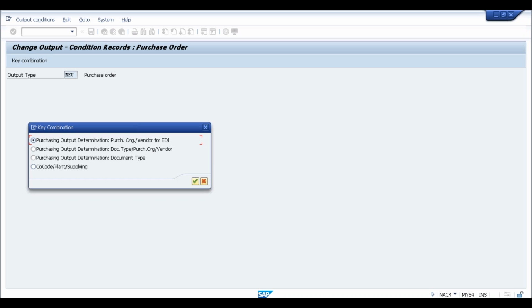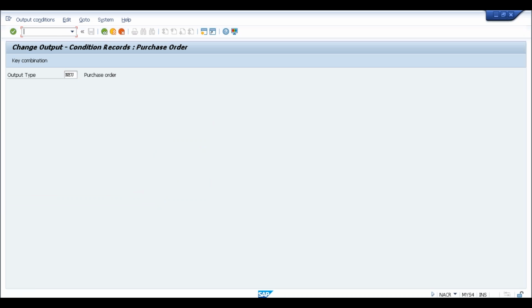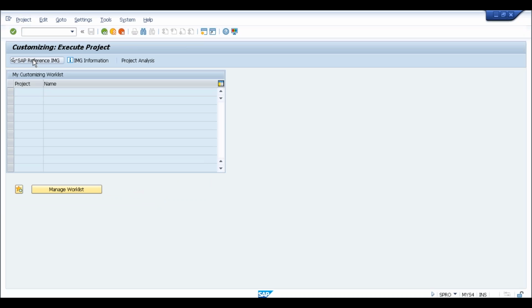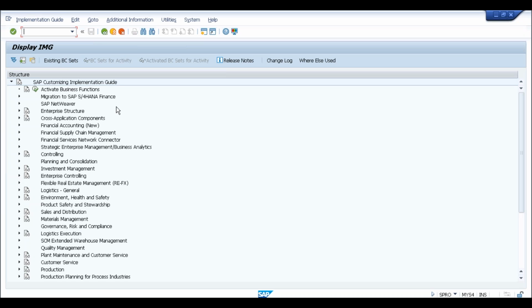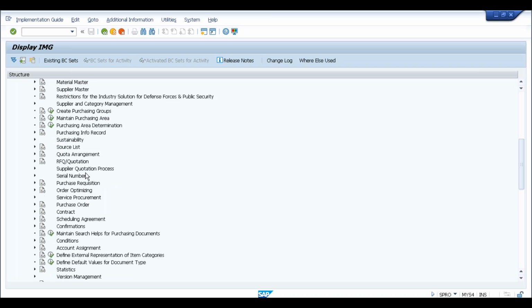Okay, now let me show you a very important thing. As I told you, there is an option to switch on and off this new output determination functionality. Where exactly can you go and do that? So in SPRO, SAP reference IMG, you need to go to materials management, purchasing,